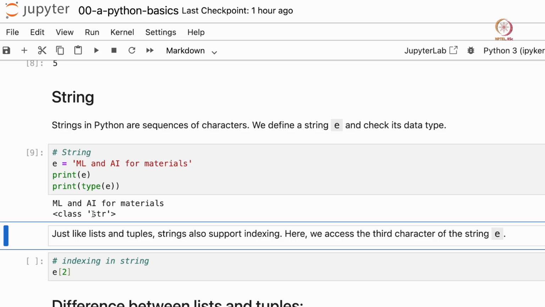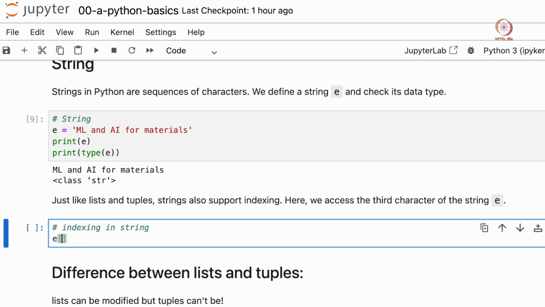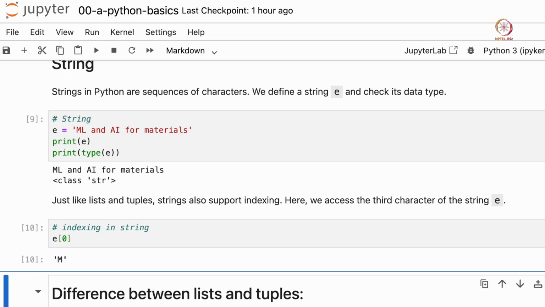And indexing a string is also similar to indexing lists or tuples, where every character in the string takes one index, and the indexing again starts from 0. So for example, if I want to index the first character of this string, that is E of 0, and if I run this code, I get M here.